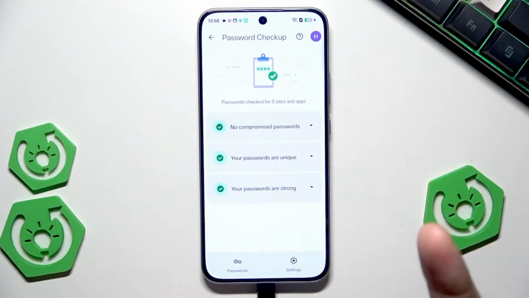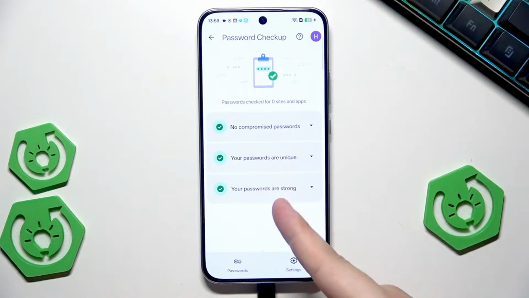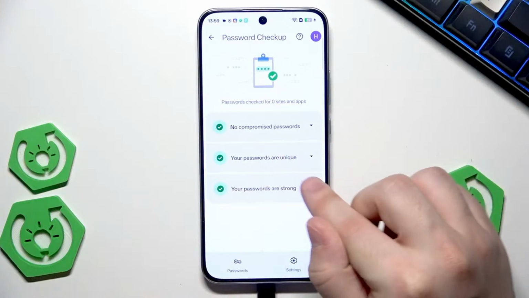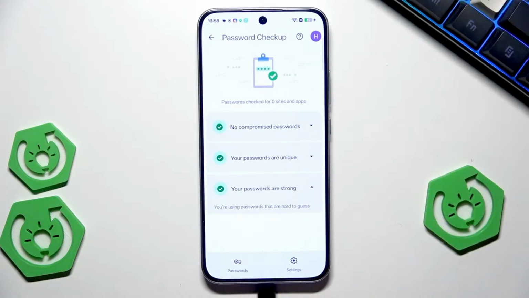And here you'll be able to see, do you have some compromised passwords? Are your passwords unique and are your passwords strong? For example, if you will have a weak password, you should see it right in here, and it's also suggestion for us that we should change it. I think that I don't need to tell you that you should avoid passwords such as ABCD12345 because that's the